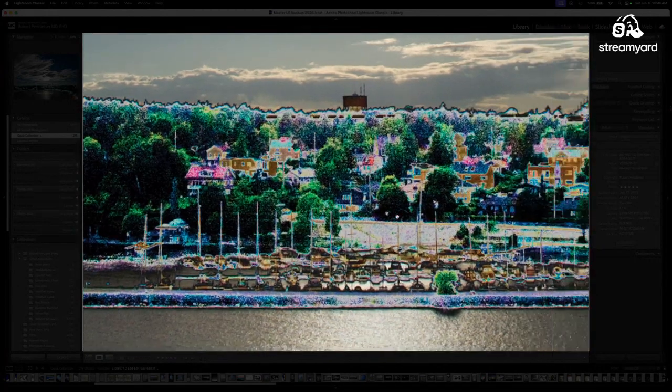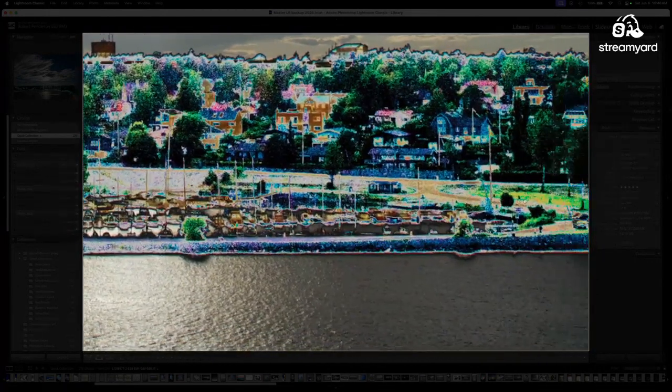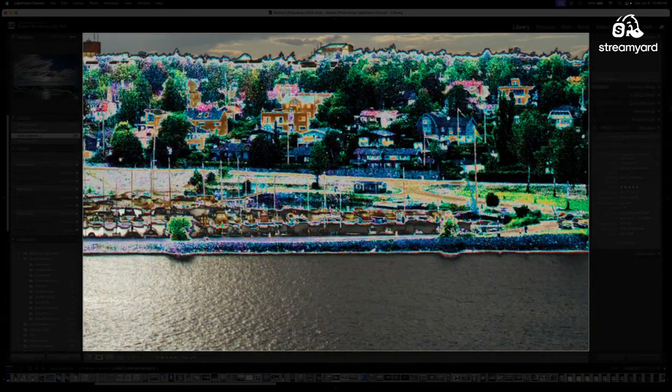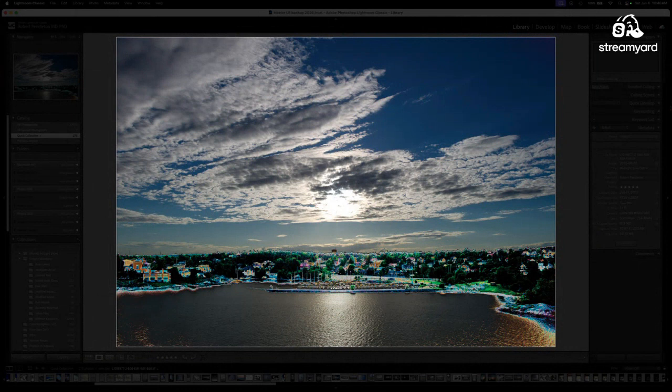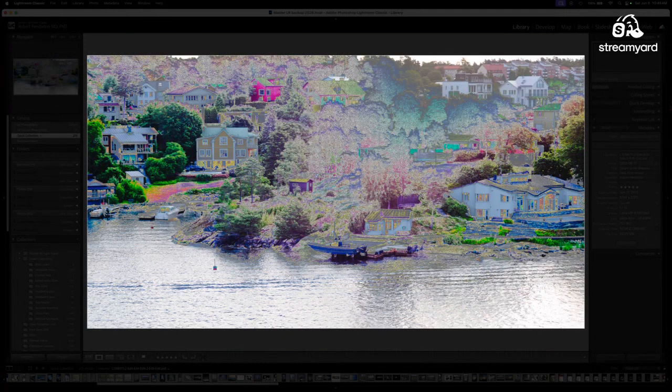The trees are green, grass is green. These houses were kind of a brownish, reddish color. They're oversaturated, but they're actual colors that were present in the original image. It doesn't always work that way. Sometimes you'll end up with images where things are distorted.